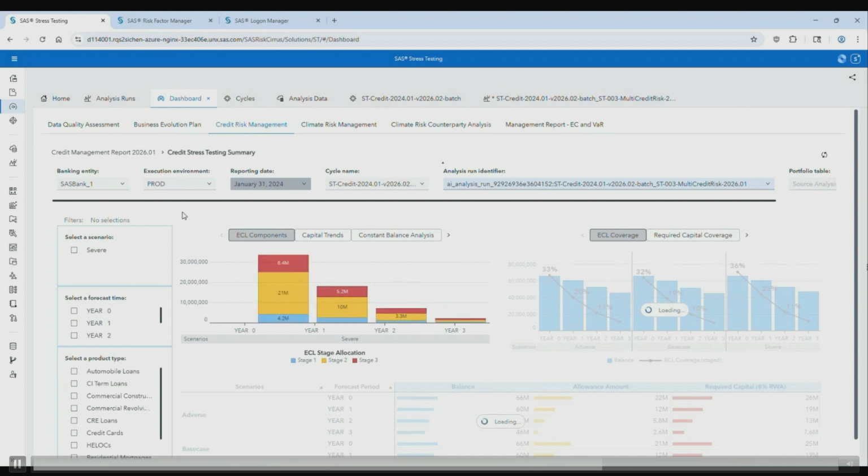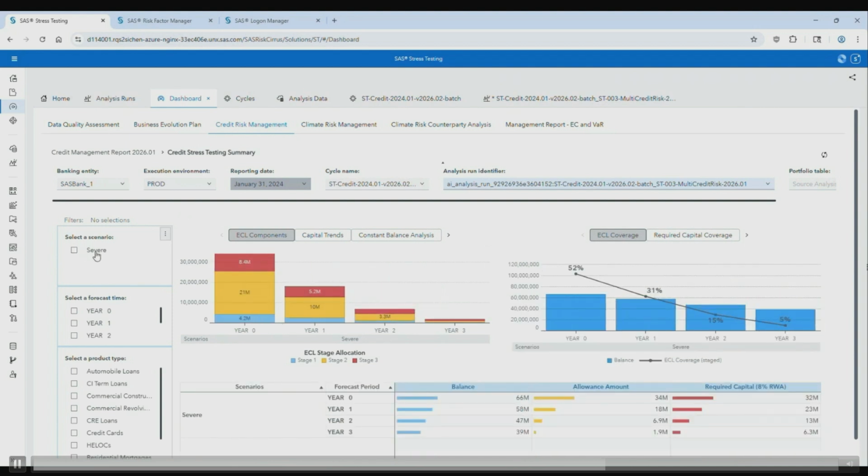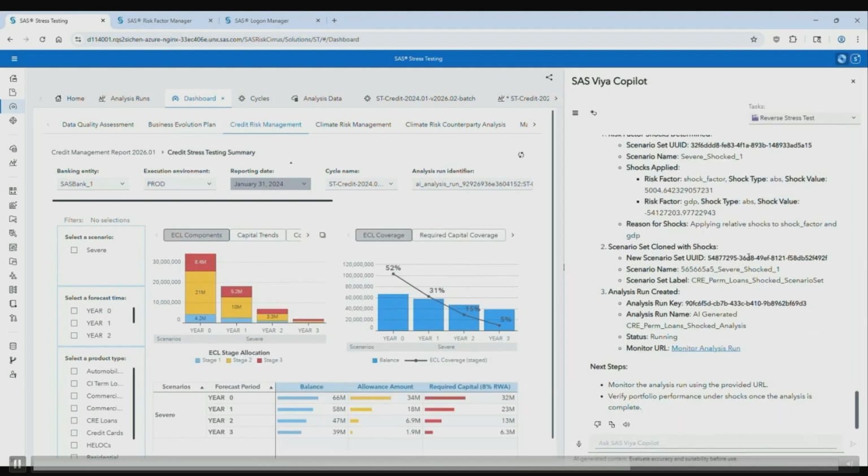And now we have a severely stressed scenario, and the loss values are far more than what we had earlier. So we created a new shock scenario and then evaluated the portfolio. In this case, we are looking at the marginal portfolio and the loss values that we'd see if this marginal portfolio was stressed.